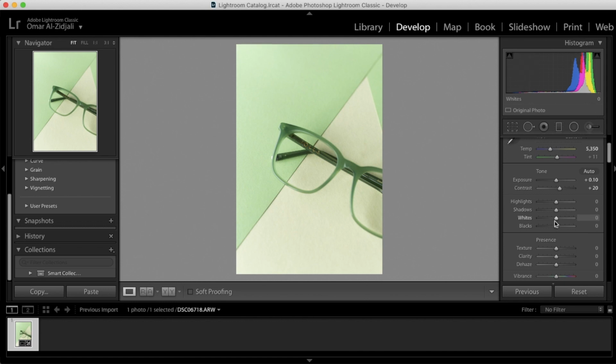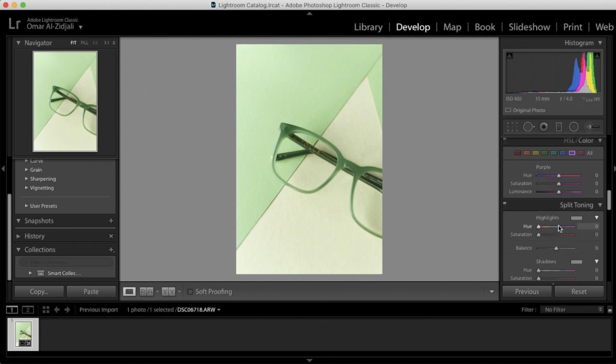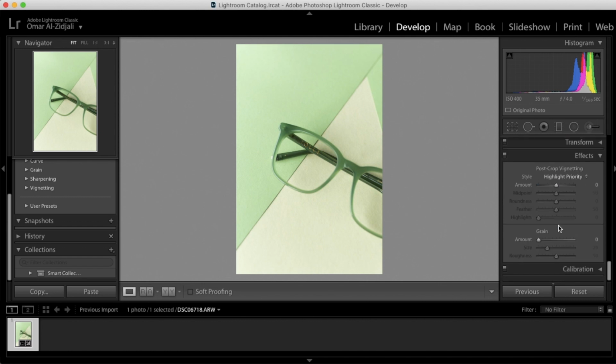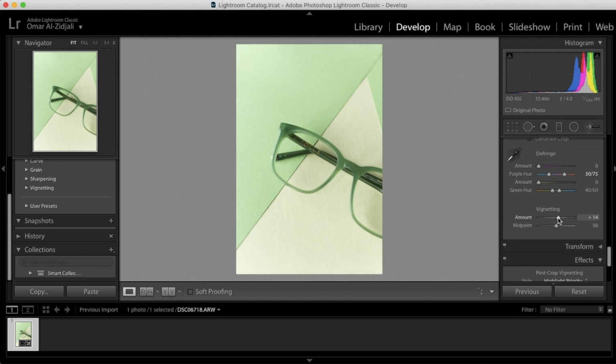When it comes to the highlights and the shadows, we're gonna play around with the whites a tiny bit. So look at how that affects the vibrancy. It'll make it just a bit more vibrant, and we want that by 15. And I will be totally honest with you, that is pretty much all we're going to do. There's nothing else that we need to do. So if we look at the before picture and then look at the after picture,